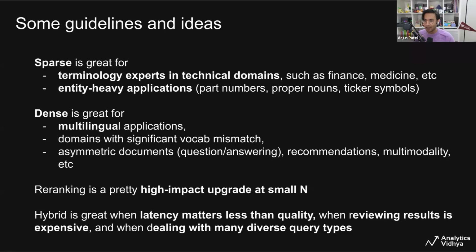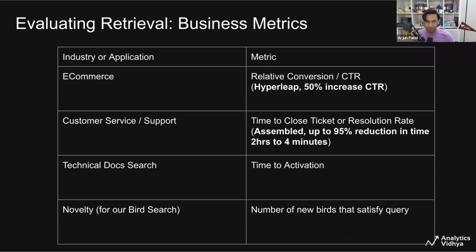Re-ranking works pretty well. If you're looking for a low-impact way across domains to increase the quality of your results and you don't care about latency that much, re-ranking will most likely help you. So it's almost always important to try. And hybrid search is great when latency doesn't matter as much, but you want as much quality as possible, so you want to review as many relevant results as possible. And when you're dealing with a lot of different query types, so you want to handle both sparse and dense types of queries, implementing hybrid is a pretty straightforward lift. You're not really adding that much latency and you're allowing more results to be reviewed.